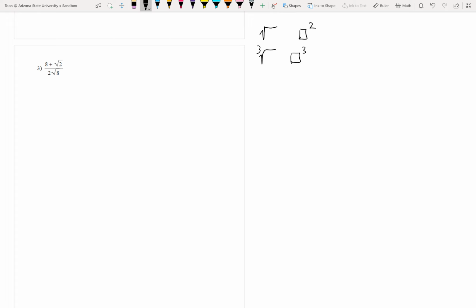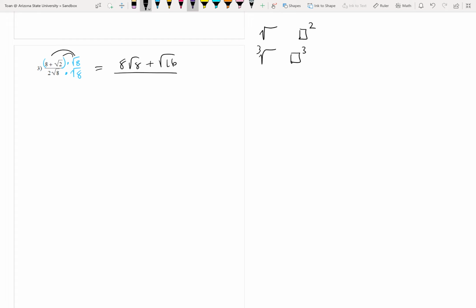So in this case here, if I ask you to rationalize, it is this piece here that I'm asking you to take care of. So it's a square root, so I need a square. By definition, squaring something means multiply by itself 2 times. So I already got one radical 8. All I need to do is multiply by another radical 8. But of course, what you do to the denominator, you go ahead and multiply to the numerator as well. So just go ahead and distribute. That's 8 rad 8 plus rad 16 all over